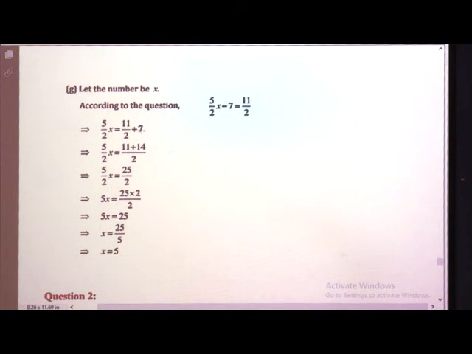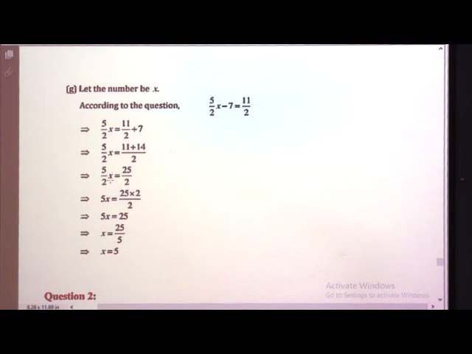So, here it will be 1. So, 7 upon 1. Here the denominators are not equal, so we have to go for LCM. You can do the LCM on the right hand side of your notebook, and the LCM will be 2. To get the denominators equal, we will make the denominator 2. So, we are getting 11 plus, because 2 sevens are 14. So, 11 plus 14. So, 5 by 2 x is equal to 25 upon 2.